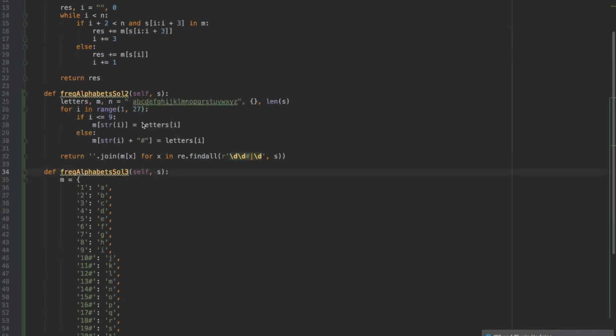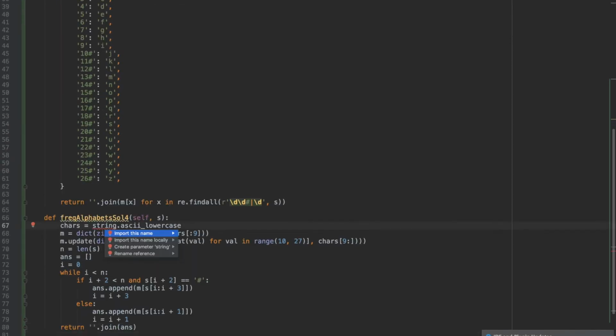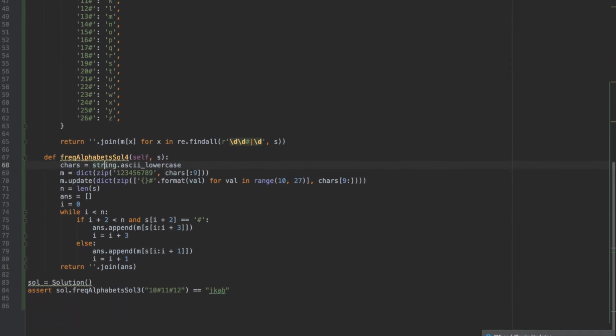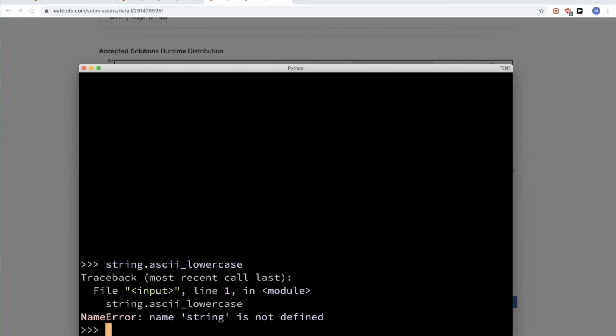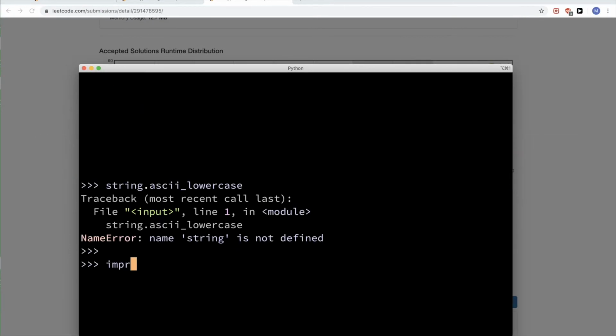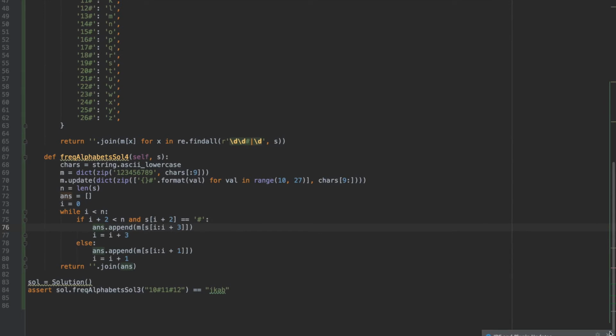Yeah, so instead of doing this, I could just use string.ascii_lowercase, right? Which, if you do it, well, import string first, right? And then it gives you all of them. So what you could do is,